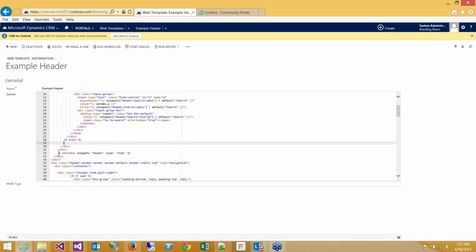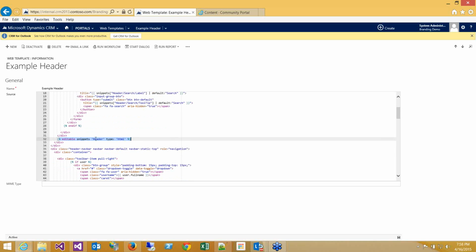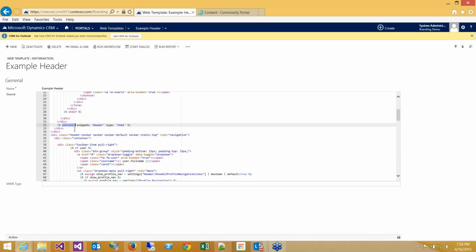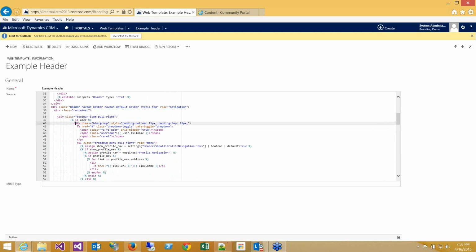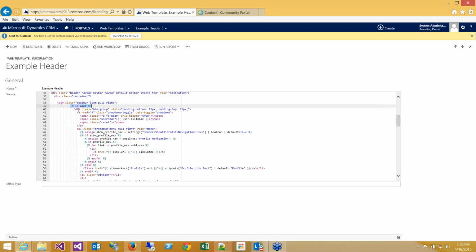And then here I'm displaying a snippet called header. Notice here I've inserted the keyword editable, and that'll make my snippet editable using the front side editor. As I go down, here's my markup for my navigation bar, and here's where I've put my button code. So I'm checking if there's a user. If there is, I'm going to